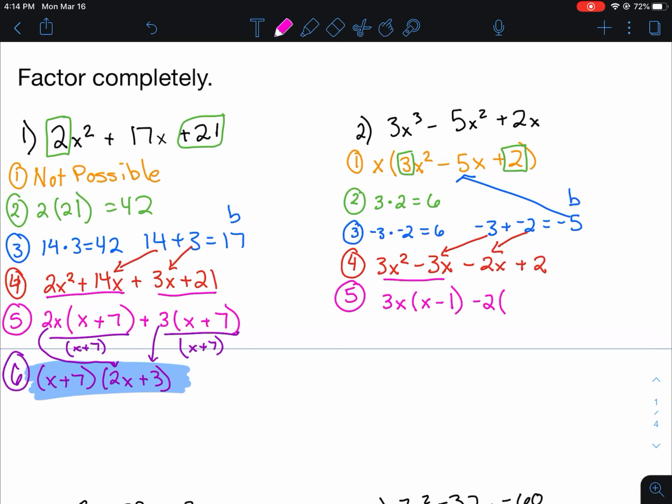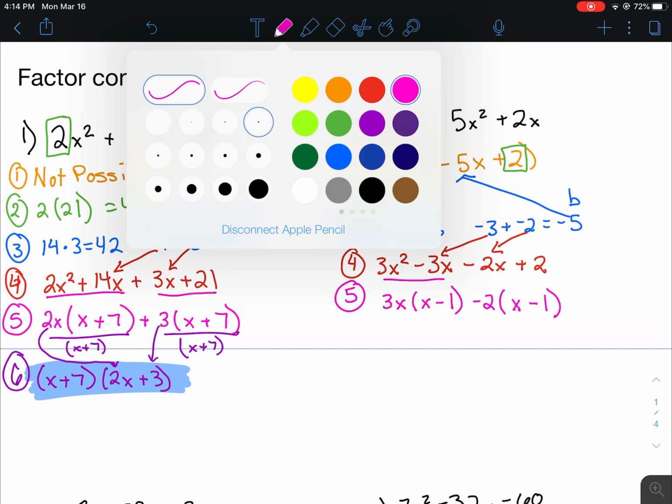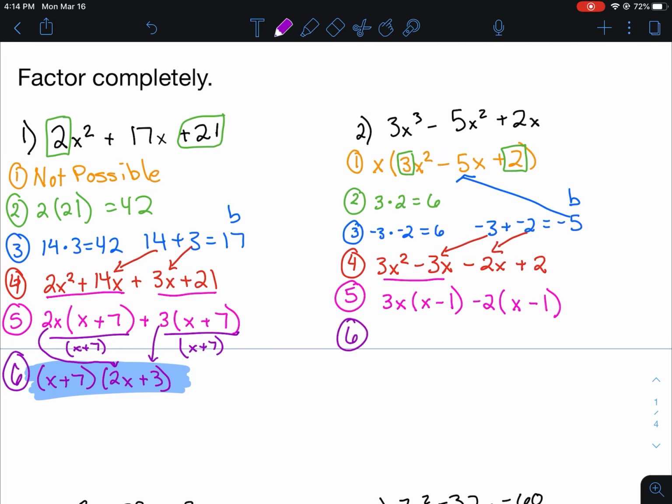So when I take negative 2x divided by negative 2, that gives me x. And when I take 2 divided by negative 2, that gives me negative 1. And the term inside your parentheses, you always want it to be the same. So that is why I ended up using x minus 1. When I do this, remember I'm going to factor out an x minus 1 out of both terms, and then the only thing that will be left is 3x minus 2. We have to remember from the very first one, though, we need to make sure that we include our x